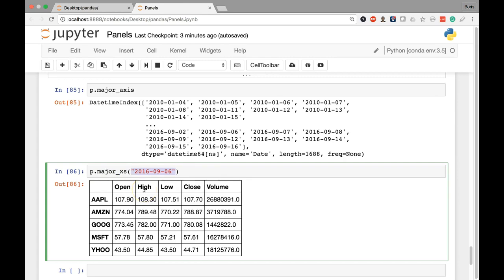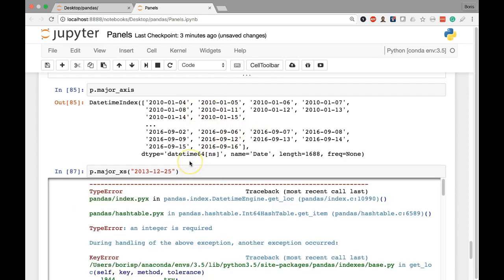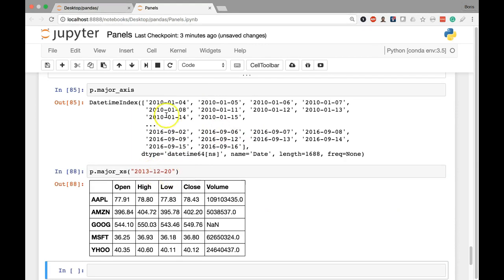So keep in mind that if the key that we provide does not exist within our major axis values, we're going to get an error. For example, Christmas Day 2013, 12/25, does not exist, so it's not going to be able to find that value among our panel's major axis, and it's going to throw an error. However, if we do have a valid value such as the 20th of that year, again, it's going to look for that value within the major axis values. It's going to identify a match. Good. It's going to throw it out because it knows that that's the key that we want to focus on, and it's going to take the items axis and the minor axis from our panel and now combine them in a brand new